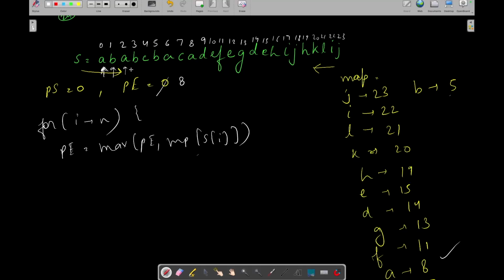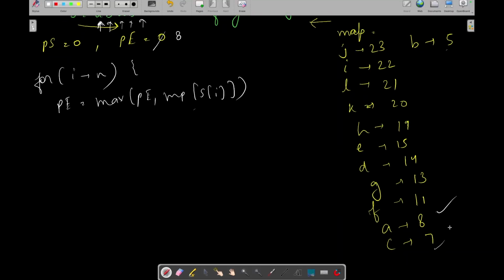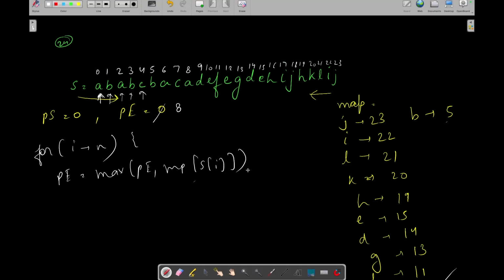Okay, now let's come to A again. The end value of A is already 8, so skip it. B, for B also we have checked for C. Okay, so the end value of C is 7. Now we also need to update it again, maximum of 8 and 7, which will again remain 8 only. Now B we have already checked, A already checked, C already checked, A already checked. Okay, so it means we have come to the end of our partition. We can consider this as a single partition.